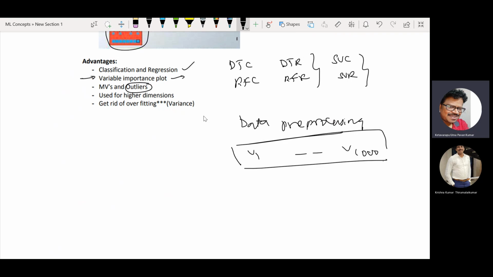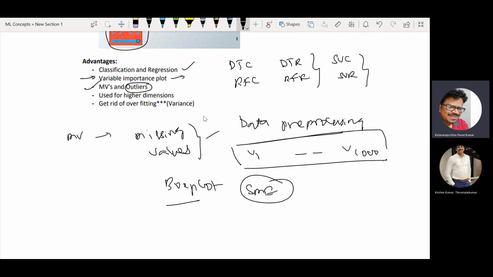And outliers and missing value imputation, as I have already mentioned. Outlier analysis is also one of the important things. Of course, with the help of a box plot you can see the outliers, with some support. And if you want to directly perform the outlier analysis, then you can go with random forest. And this is helpful for higher dimensions,